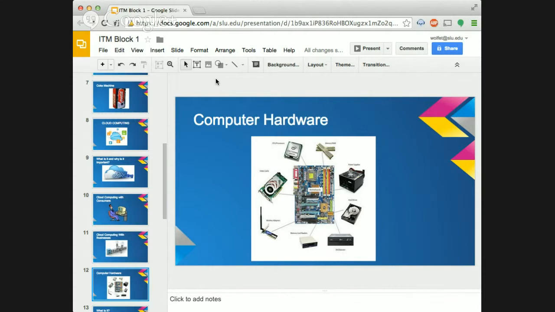Computer hardware is the technology that is found in the devices that we use on a daily basis. Some of these devices